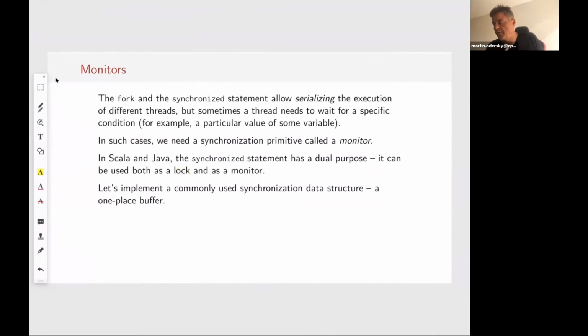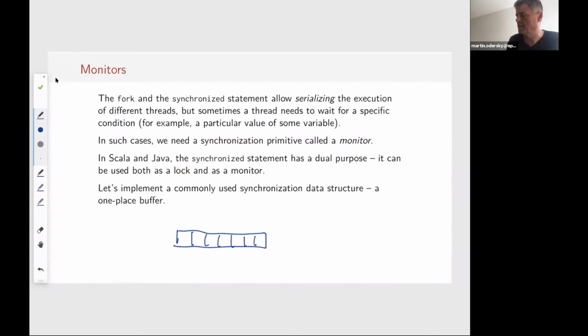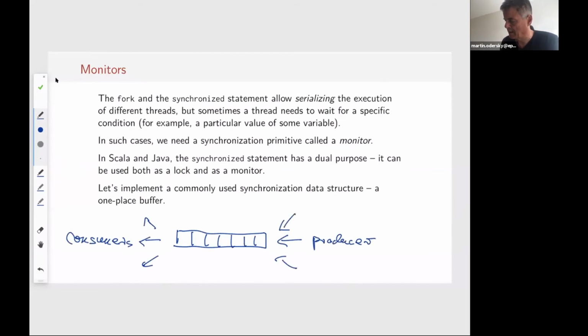A buffer is essentially a thing where we have a number of places which act as a queue, and we have a producer that adds things to the queue, and a consumer, or several of them. So we might have several consumers and several producers that deposit things in the buffer and take things away out of the buffer.